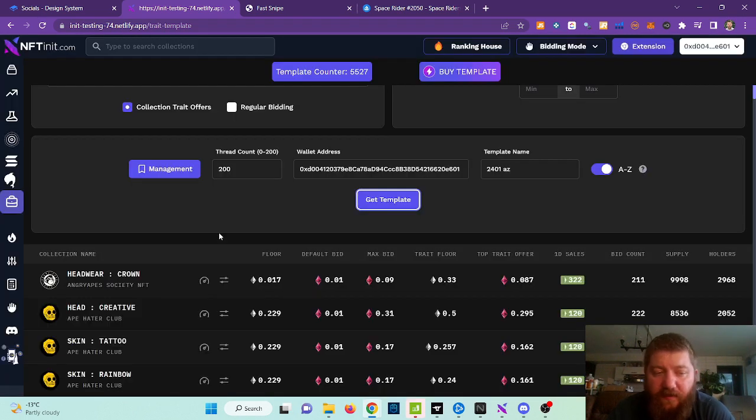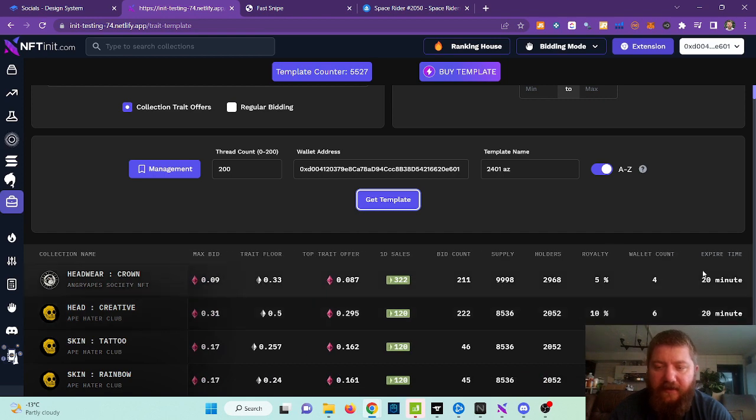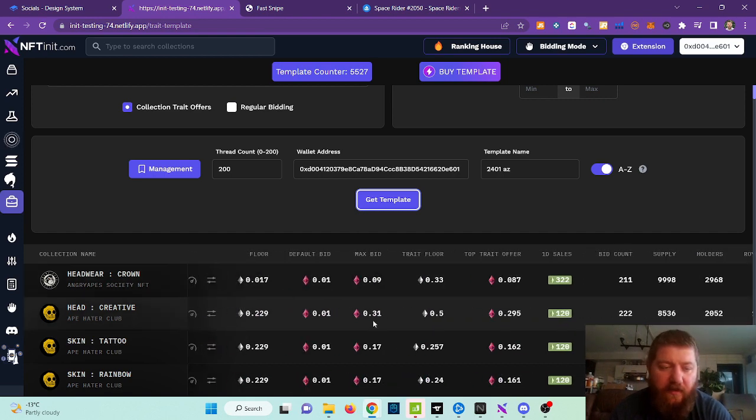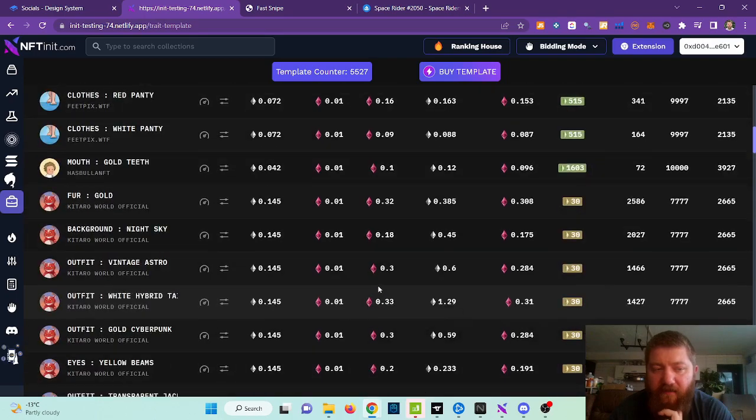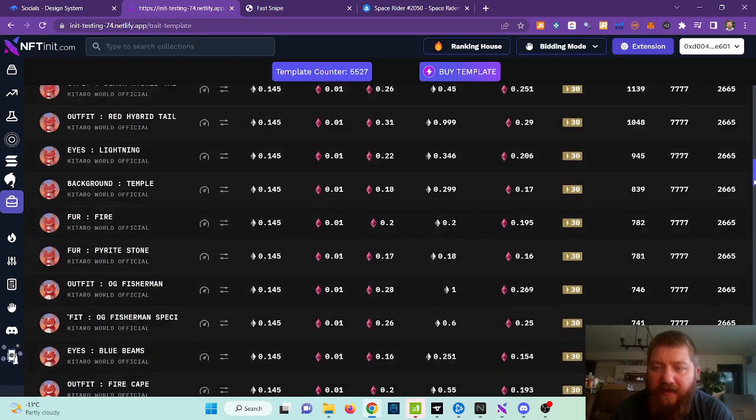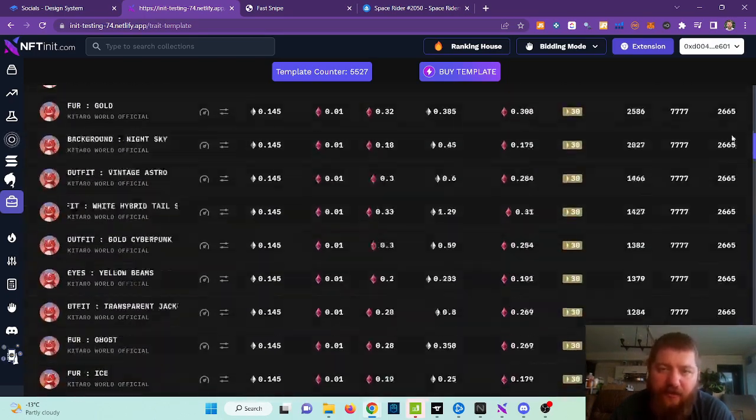Now the template has been created, as you see. Here is the general information about the collections that are taking place in the template. You can jump to their analysis page, trades page. You can see their floor, default bid, max bid on the collection, on the trade of the collection, trade floor, and so on. So you can actually go right a little bit and see all the settings, the royalties, whatever. You can go down, see what you are going to be exporting to your system, and then actually you are